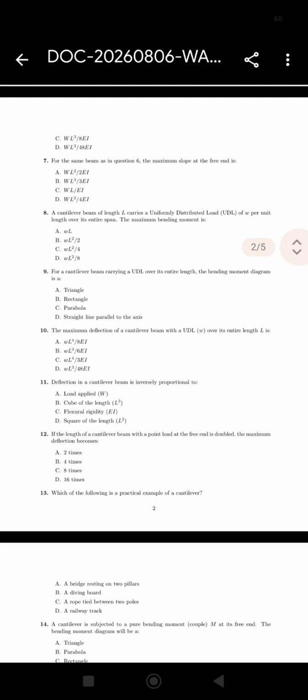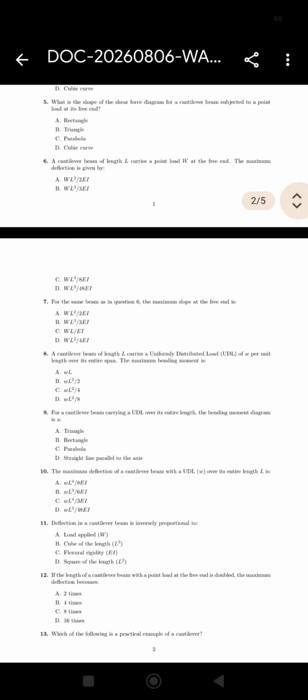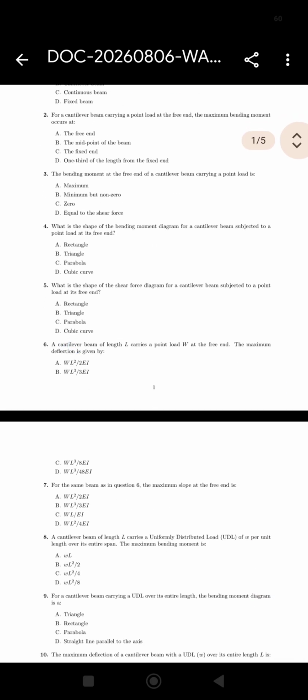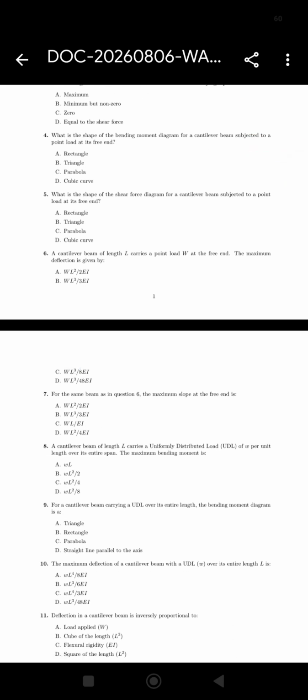Question number 8. A cantilever beam of length L carries a uniformly distributed load, UDL, of omega per unit length over its entire span. The maximum bending moment is omega L square upon 2. Question number 9. For a cantilever beam carrying a uniformly distributed load over its entire length, the bending moment diagram is a